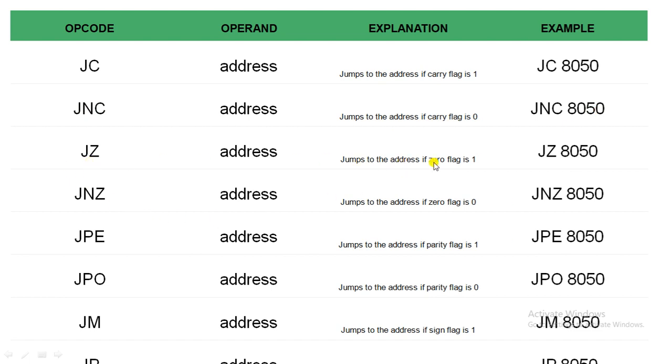Then comes jump on zero, JZ: if the zero flag is set, jump to the location. Next is JNZ: if the zero flag is not set, jump to the location. Next comes JPE, jump if the parity flag is set. JPO is jump if the parity flag is 0.